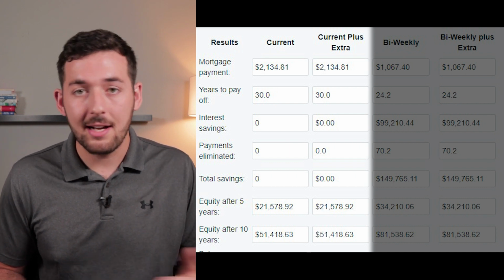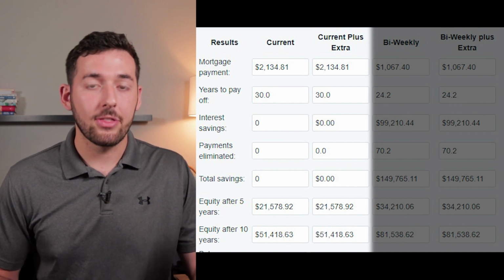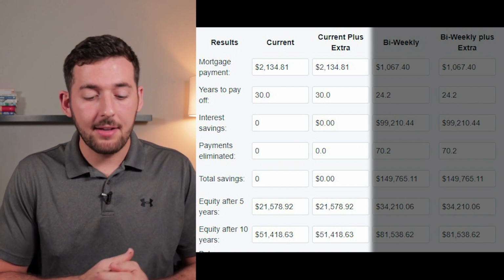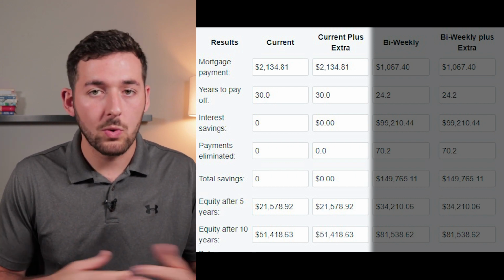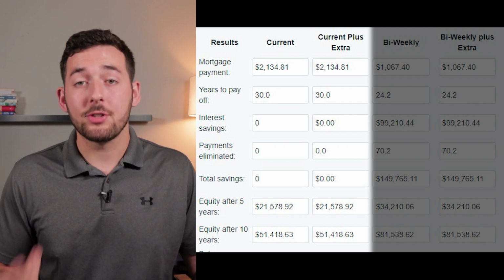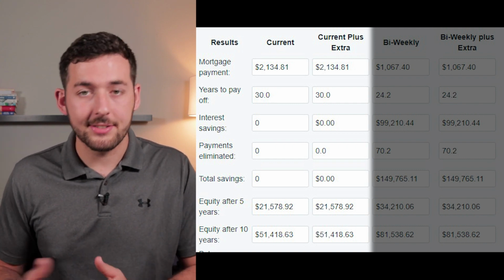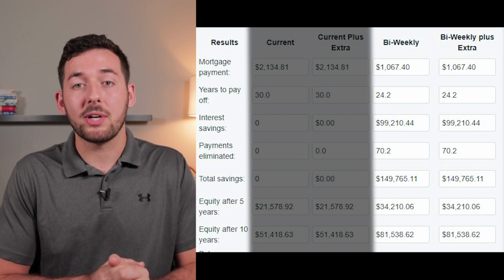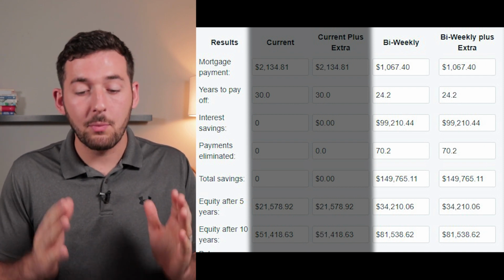You pay that one time per month, and you'll end up paying 30 years of that payment. As you look at the bottom, equity after 5 years would be about $21,000, and equity after 10 years would be $51,000. Now, if you look over to the bi-weekly payments, this means that your mortgage payment every 2 weeks would be